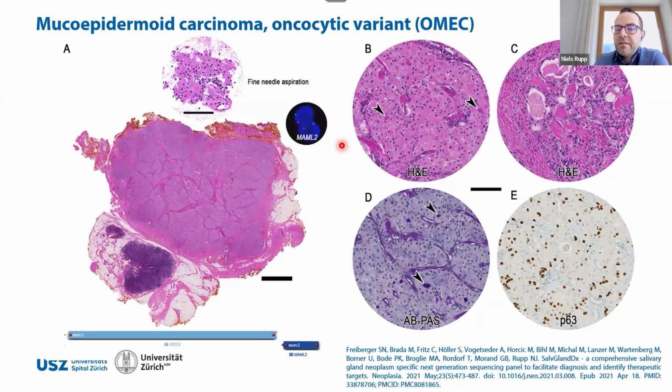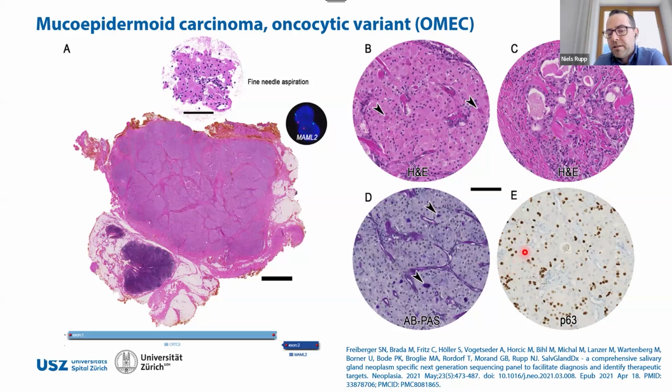And the difficult thing here is that this is a purely oncocytic variant of a mucoepidermoid carcinoma, or so-called OMAC. And these tumors can be completely devoid of mucous cells, which can be very difficult to diagnose without additional molecular testing. And the second thing, which is quite difficult in these kinds of cases, is if you look in the image